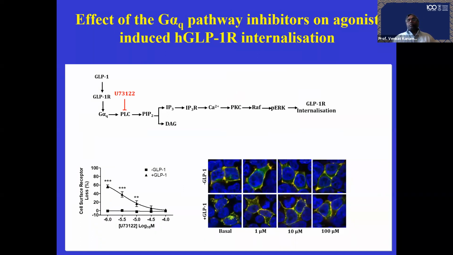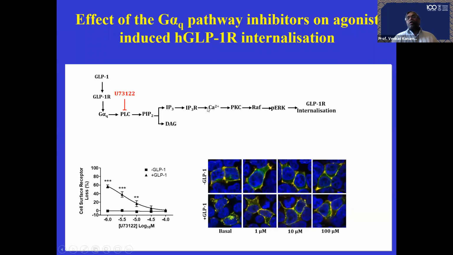So we went and looked, because there is a classical GQ pathway, whether that is involved in the GLP-1 receptor. The pathway is shown here. When GLP-1 binds to the GLP-1 receptor, it results in activation of the GQ pathway. GQ, when activated, activates phospholipase C, which then hydrolyzes PIP2, phosphatidylinositol 4,5-bisphosphate, into IP3, which is inositol 1,4,5-trisphosphate, and DAG, diacylglycerol. For simplicity, I just say IP3, which binds to the IP3 receptor,